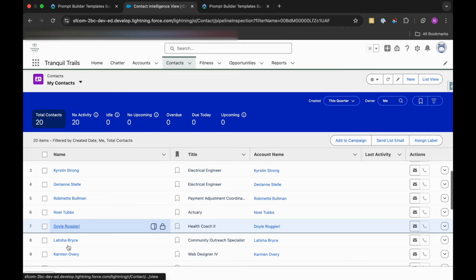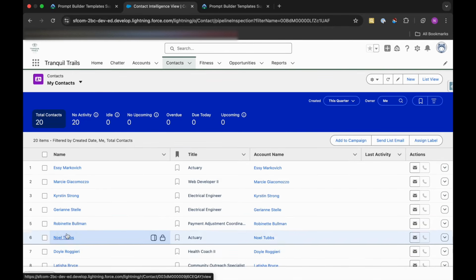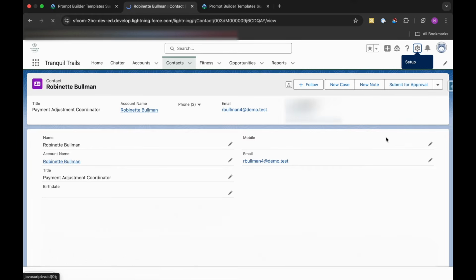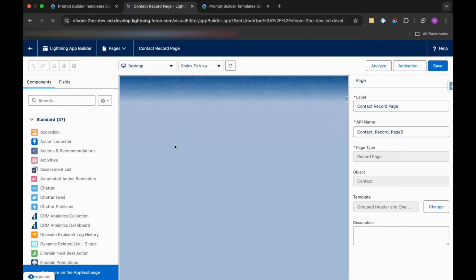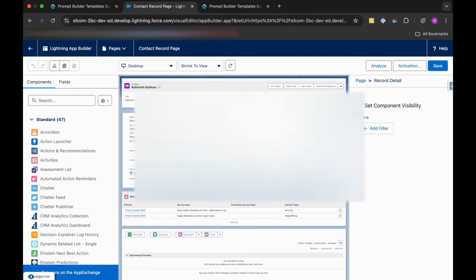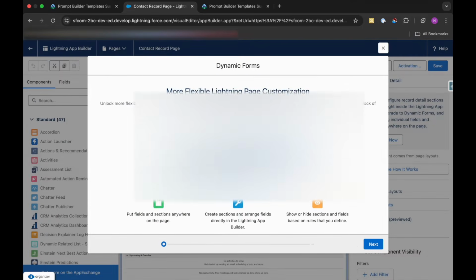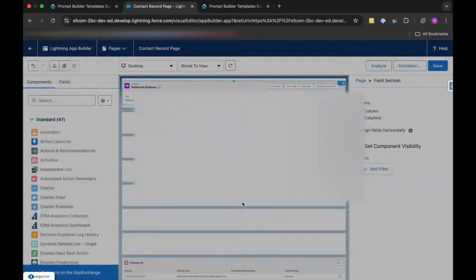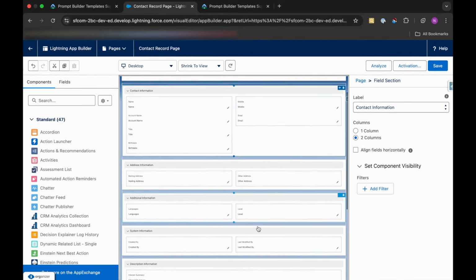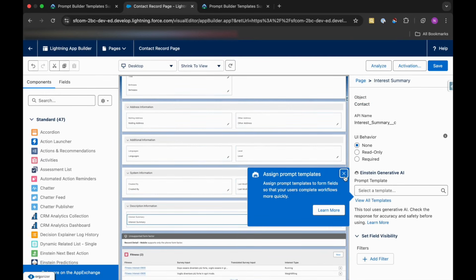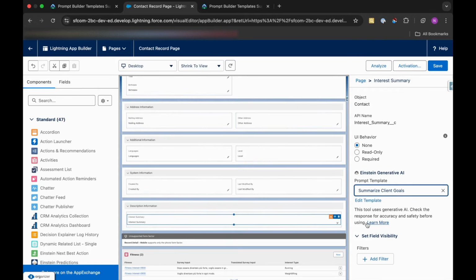I'll just open that Robinet Bullman, then click on edit page. We need to upgrade it to the dynamic forms. Click on this detail section, upgrade it, and then next select the contact layout. Finish this. Now we have our field here. We'll select this and select the prompt template as summarize client goals. I'll save this